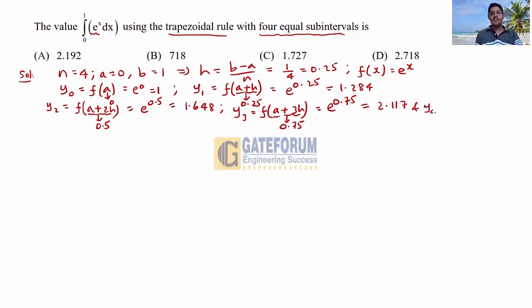And finally y4, this is nothing but conceptual notation yn, function value at a plus nh, that is a plus 4h. A plus 4h is 1. So we will reach that upper limit b. That is, this is nothing but e power 1. E power 1 value is e value 2.718, approximately 3 places. Therefore, by trapezoidal rule,